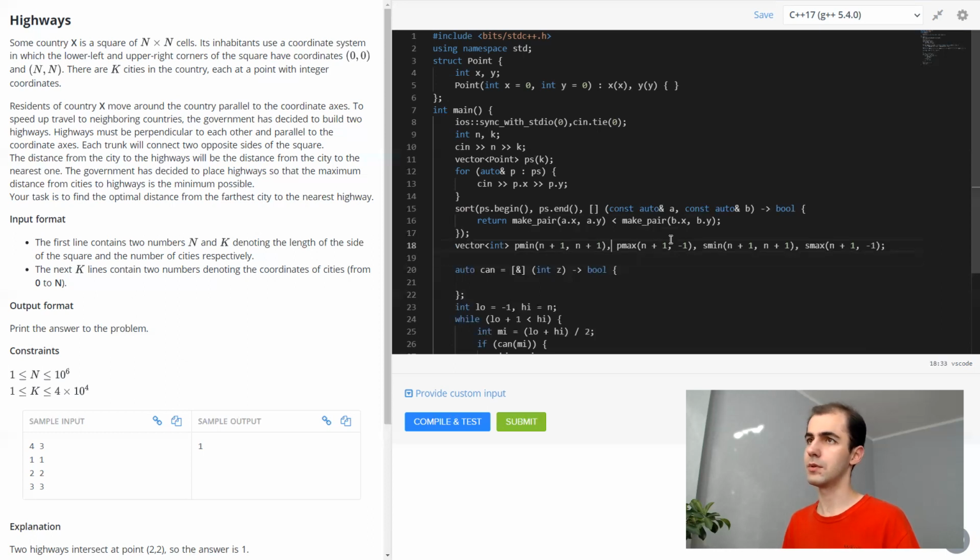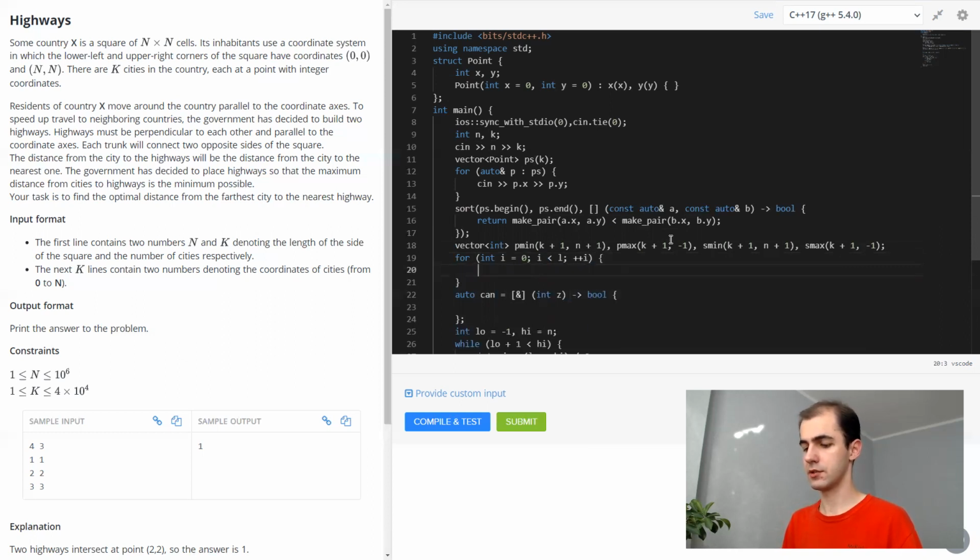Now we will pursue our goal of having a good solution. So here prefixes should go.